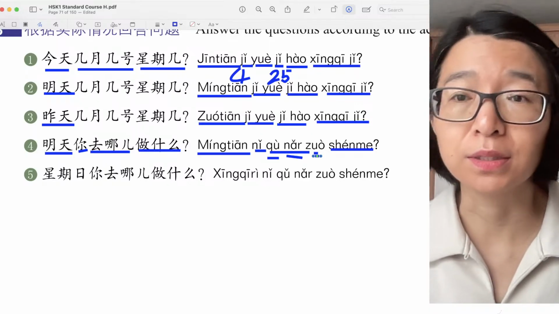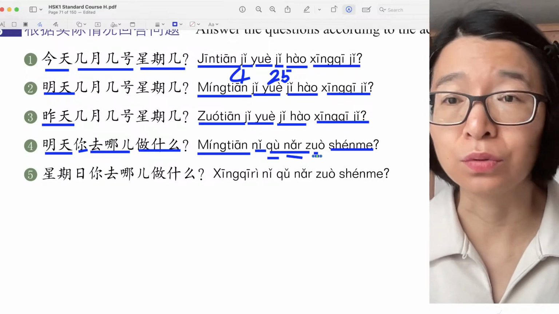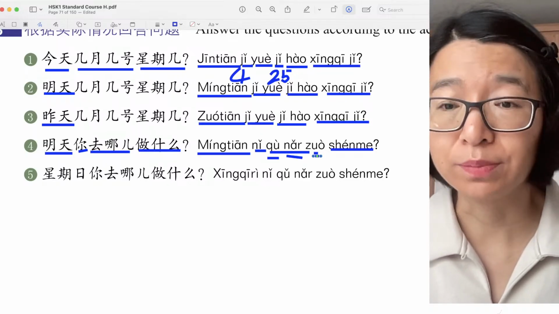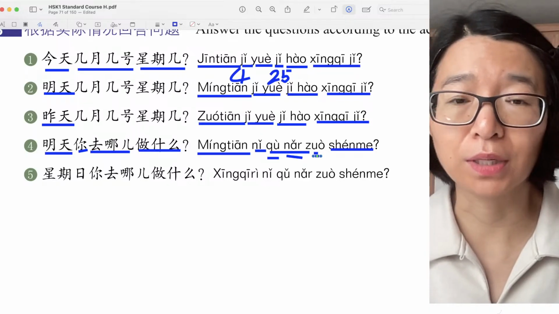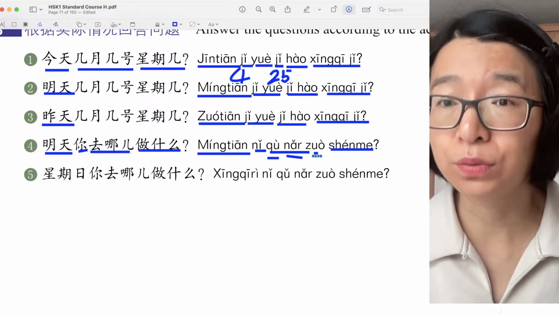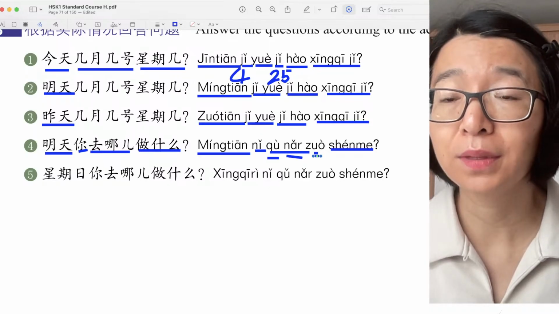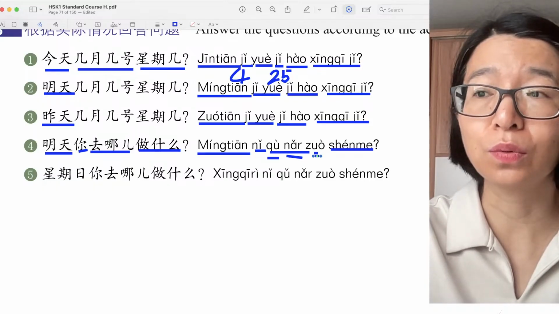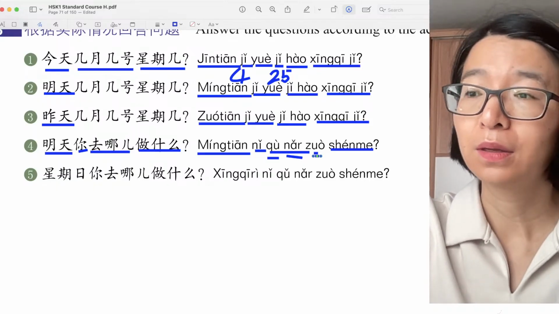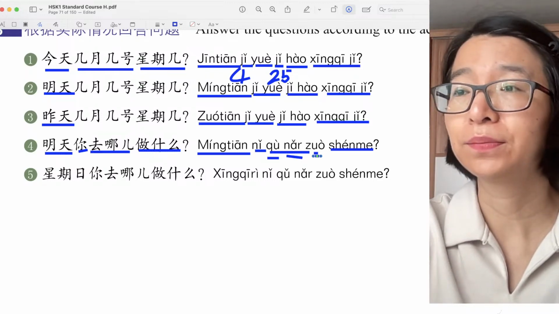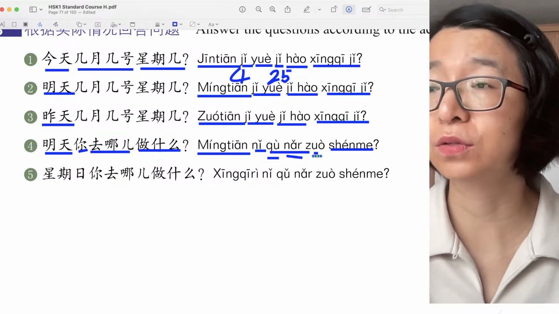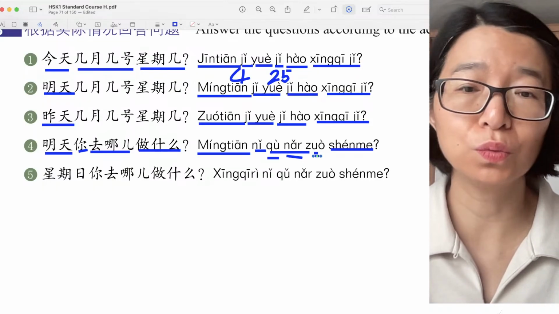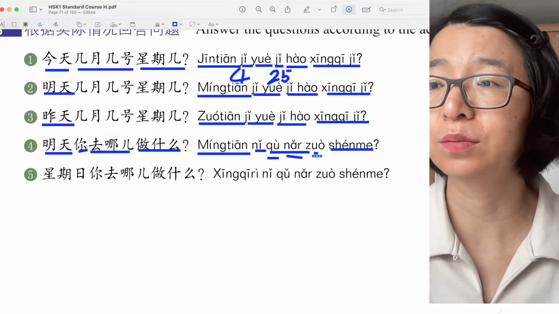Okay, let's answer the question. Suppose I'm going to go to the library to read a book. So how to answer it? 明天我去图书馆看书。Okay, what is your answer? Do you have an answer for this question? 明天我去图书馆看书。